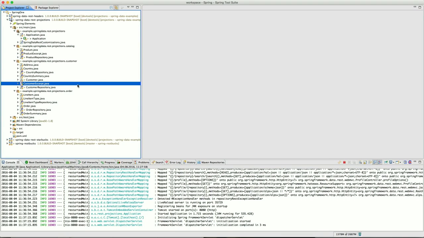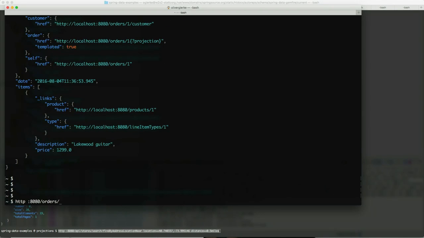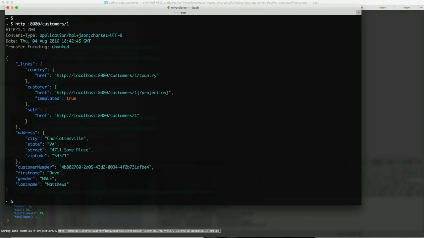The 2 other things I'd like to show you quickly on that example. One is, let's go back to the customers. Customers 1. You see that we have this customer number in here, right? And maybe for some weird reasons, because we built this new API and it's all hypermedia driven, we have some rogue client that's still lying around that used to manipulate or create the URIs it wants to